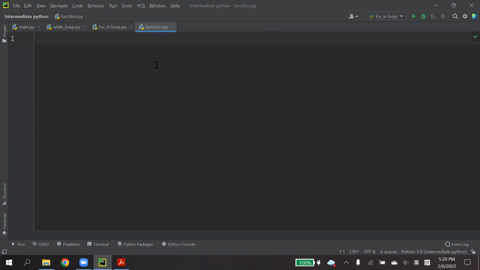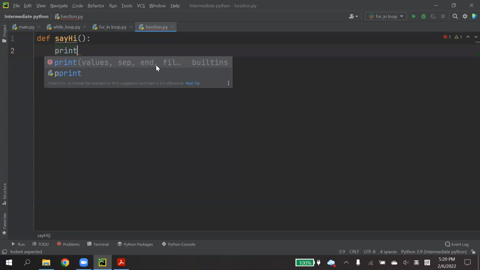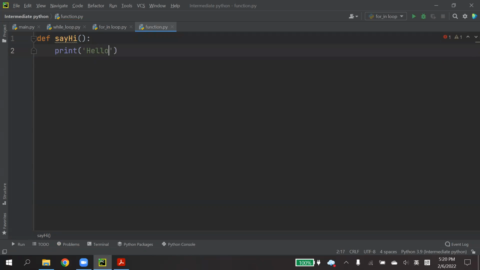So the syntax to define a function is def. We write def, and after that we give a name to the function, followed by a bracket, and then a colon. Then the code will be inside. For example, like this.